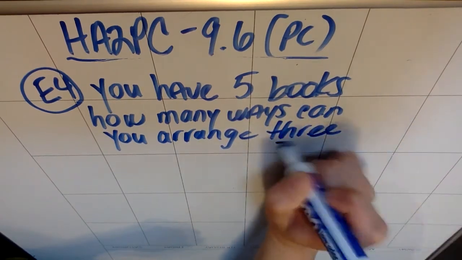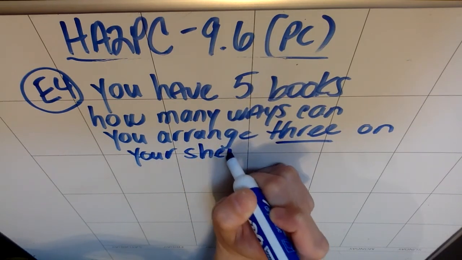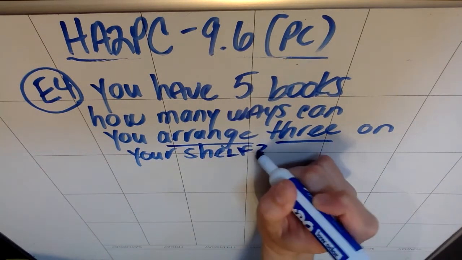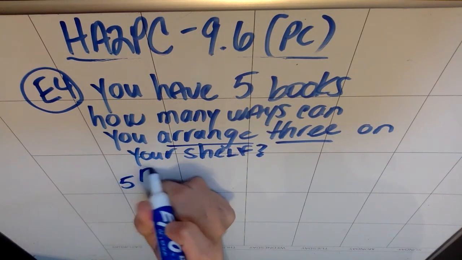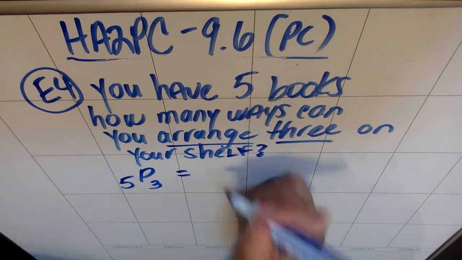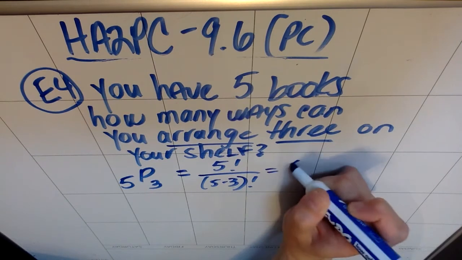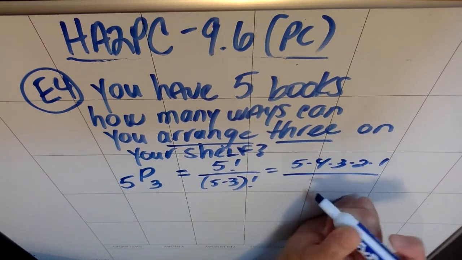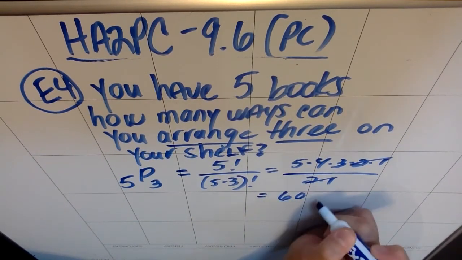3 on your shelf? So here, because we're talking about an arrangement, now that's not a word I mentioned when we talked about permutations before, but because I'm talking about arranging books, you can imagine that if you were setting up your bookshelf and trying to make it look nice, the order you put your books in is different. So this is going to be a 5P3. If you were going to do it by hand, that's 5 factorial over a 5 minus 3 quantity factorial. So by hand, that's 5 times 4 times 3 times 2 times 1 over 2 factorial, which is 2 times 1. These guys are going to cancel, and I'm going to end up getting that there are 60 ways to arrange